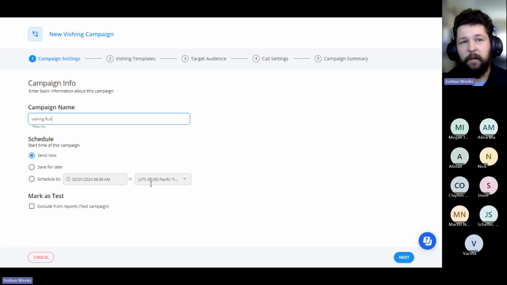And this is obviously helpful if you want to come in here and set up a handful of these campaigns to launch over a frequency of time. You can come in here, schedule these campaigns out, and have those automatically run, or come back in here and populate them with the employees we want to launch them to when we're ready. But for our case, we're going to hit Send Now.